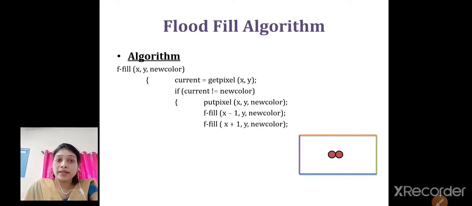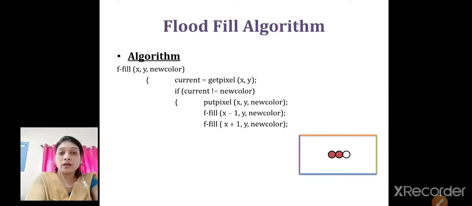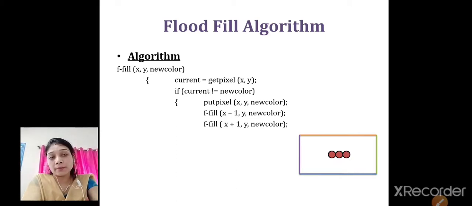So whenever I am saying x plus 1, x plus 1 will be here, right? Then with that I am having an x plus 1 coordinate and an x minus 1 coordinate. So in this way we can find my central pixel. With that I am having the pixel x minus 1 over here and the pixel x plus 1 over here, that is the left and right pixel.